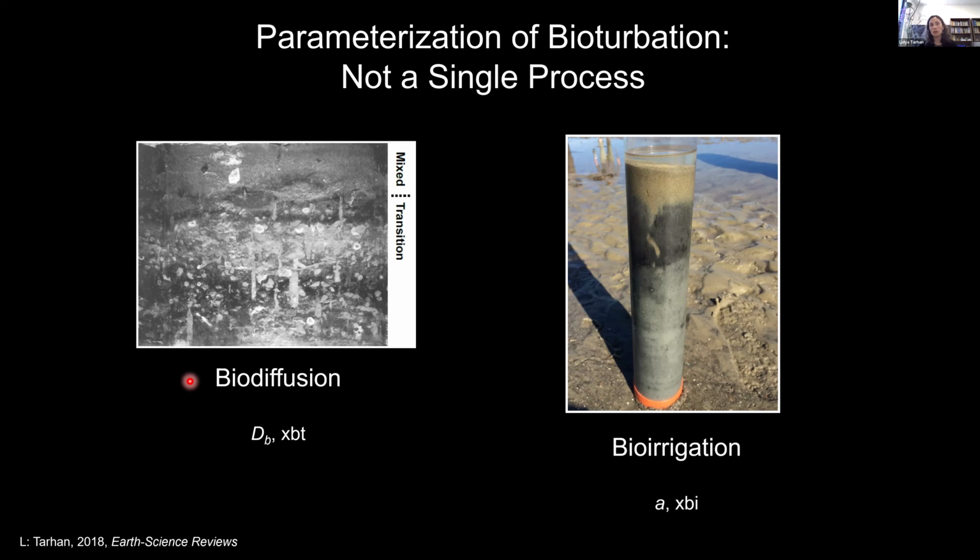And in geochemical models, we can represent biodiffusion with an intensity coefficient, dB, as well as with an attenuation coefficient, so essentially a depth, xbt. And others of these animal sediment interactions we can loosely group together under the term bioirrigation, which is the non-local movement of pore water solutes, for instance, open burrows, such as this burrow was once upon a time before it became infilled with sand. And as we do for biodiffusion, we can represent bioirrigation with an intensity coefficient alpha, as well as with an attenuation coefficient xbi.